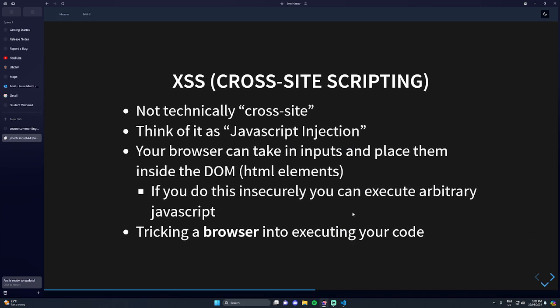And this brings us to cross-site scripting. I want to clarify something because this is a bit confusing. Cross-site scripting, XSS, is not actually cross-site. It's more like a JavaScript injection. The reason why is because